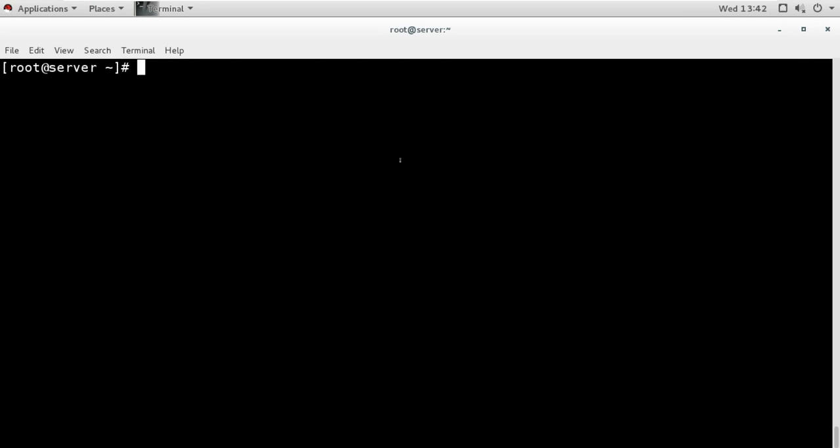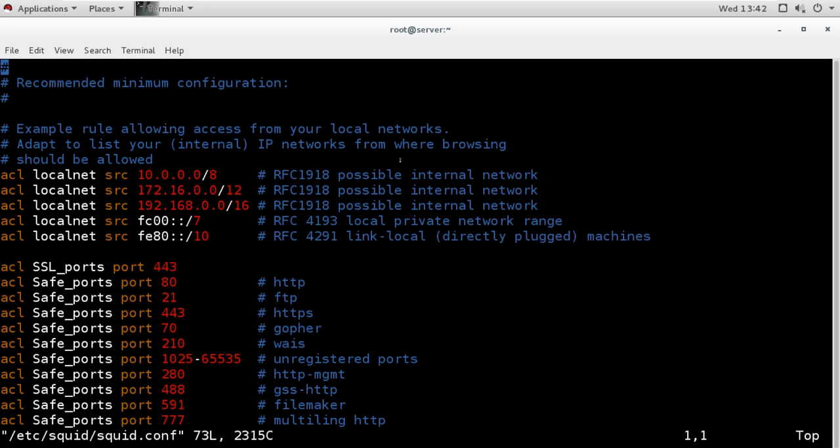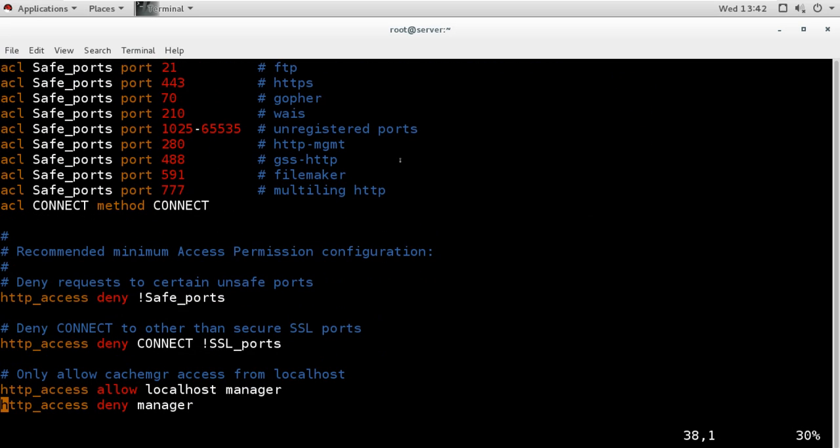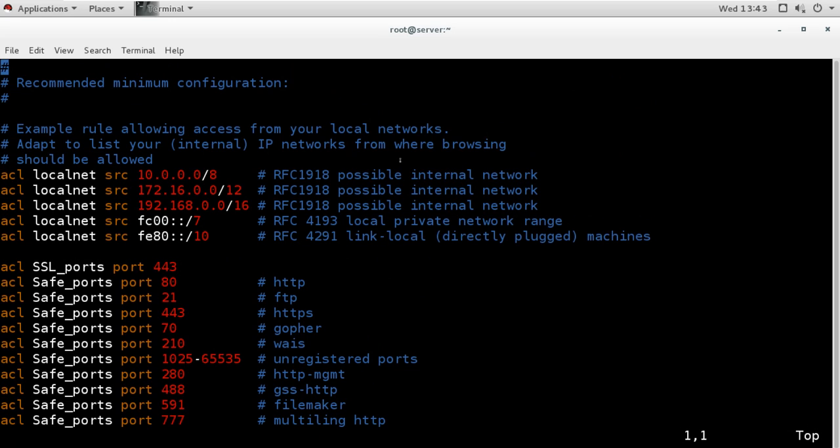And if we want to see this, we can check the configuration file for the Squid server. It is similar to how you configure ACLs, access control lists, in Cisco routers.